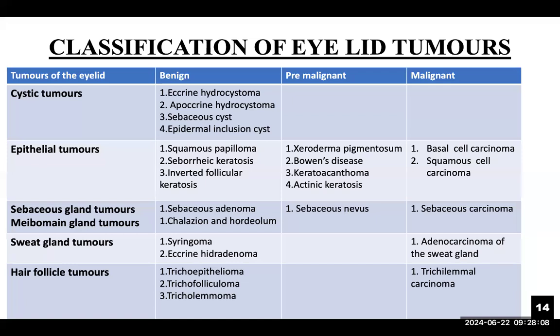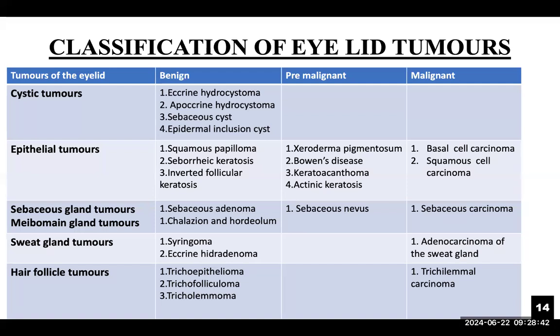Then meibomian gland tumors, okay, it's actually a cyst: chalazion and hordeolum. And the benign sweat gland tumors are syringoma and eccrine hydroadenoma. The syringoma is a benign proliferation arising from the eccrine duct, while eccrine hydroadenoma is a benign lesion of the eccrine sweat glands